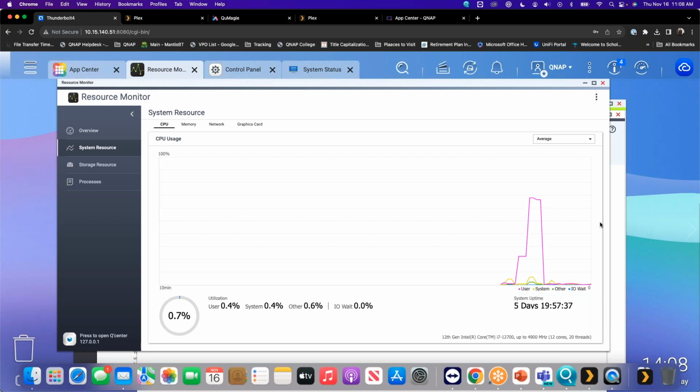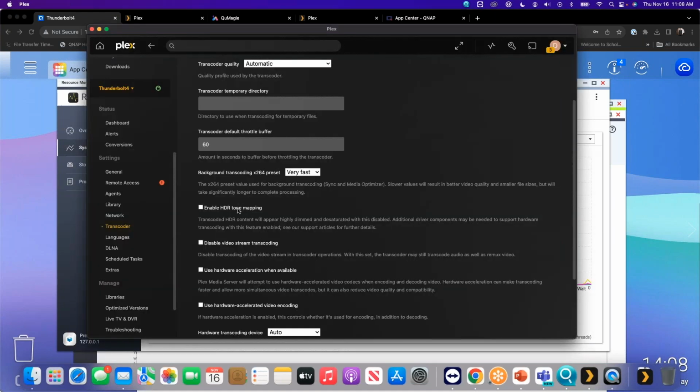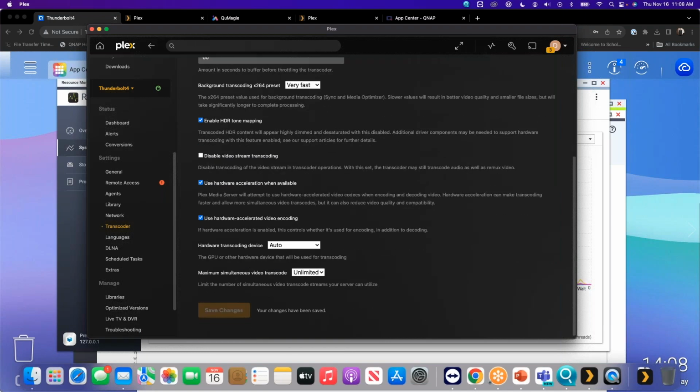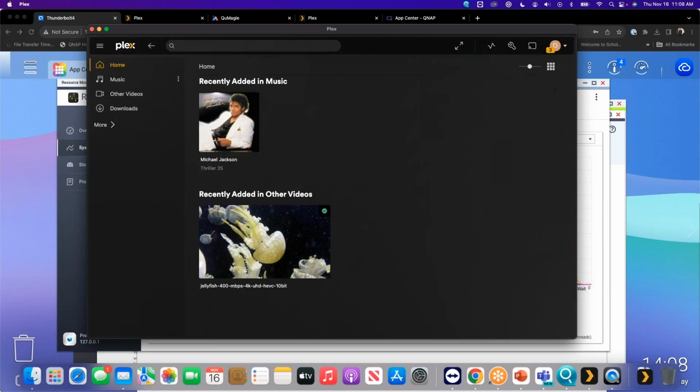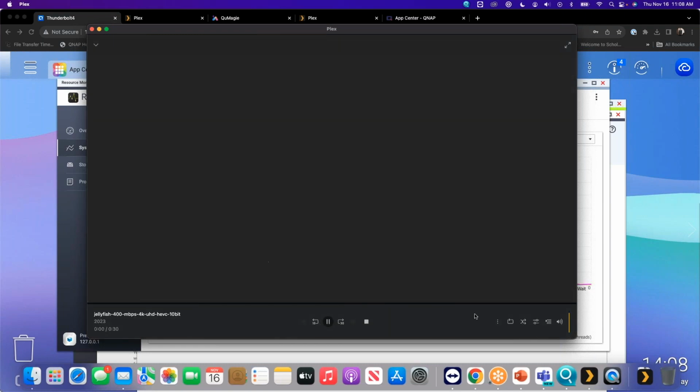But if you have an Intel NAS, you can use what we call Intel QuickSync, which is the hardware transcoding part of the Intel processor, to transcode the video on the go. So let's enable that. I'm going to enable HDR tone mapping, hardware transcoding, and hardware accelerated video when available, and click on Save Changes. Once you have done that, let's play back the same file and see what the CPU usage will be right now. So I'll go back and play,